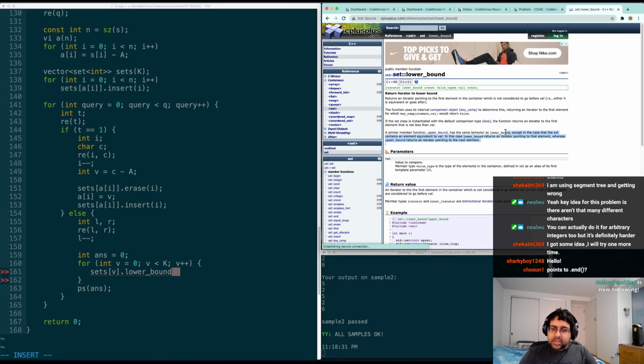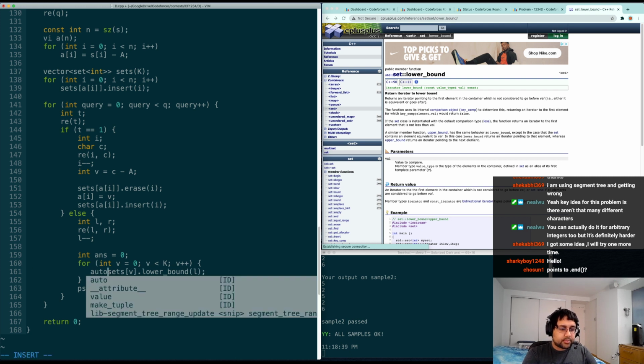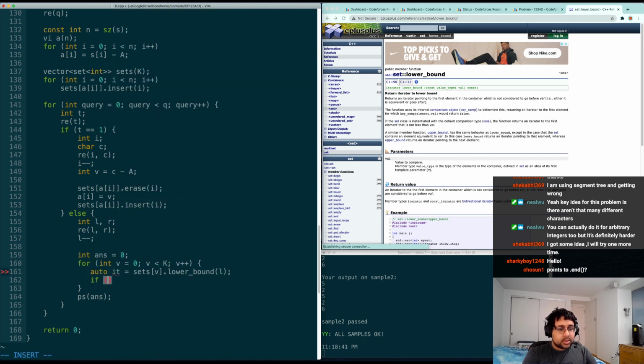Does lower bound return end? Okay, yeah, cool. Someone confirmed that they think it points to end as well. So what we would do here is